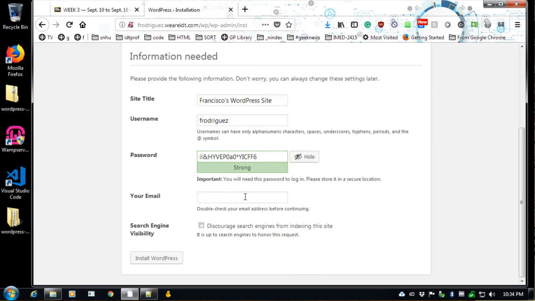Email, this is important that you give it a valid email, because if there's any issues with your installation, if anything goes wrong, if you forget your very strong password, you'll be able to change it, but only if it knows where you can be accessed and it knows that it's you. So I'll use my El Centro College email, frodriguez, blah blah blah at this,